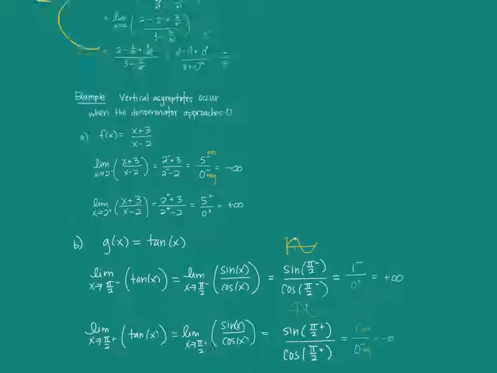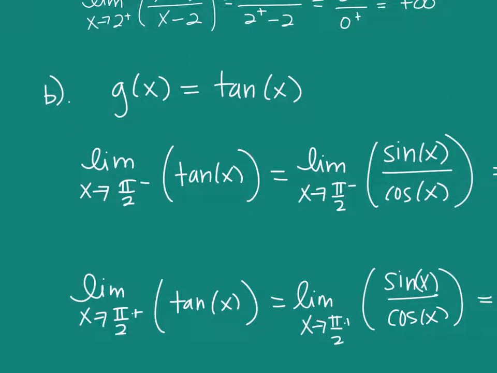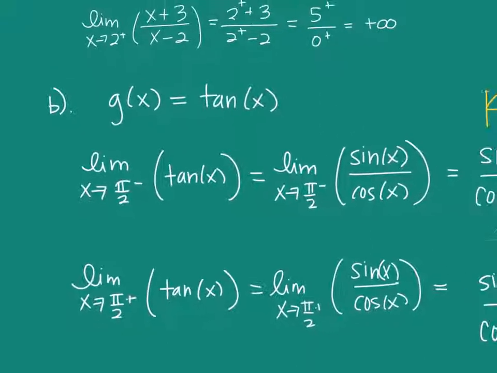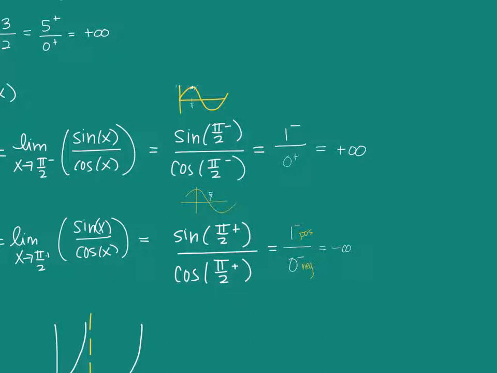So you have 2 things to think about, and it's all going to depend on what the limit is approaching. If the limit is approaching infinity, that's your strategy of dividing by the highest power of x. If your limit is approaching a physical number, then you check both sides of it and then see what kind of infinity you end up with at the end. So do you see how infinity plays a role here? Either infinity is the thing that x is approaching, and then you're going to get a number, or you're approaching a number and you're going to get a kind of infinity. It's the reverse, and one of them is a horizontal asymptote and the other is a vertical asymptote.